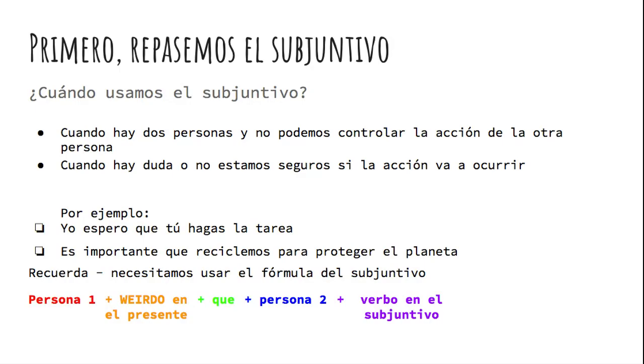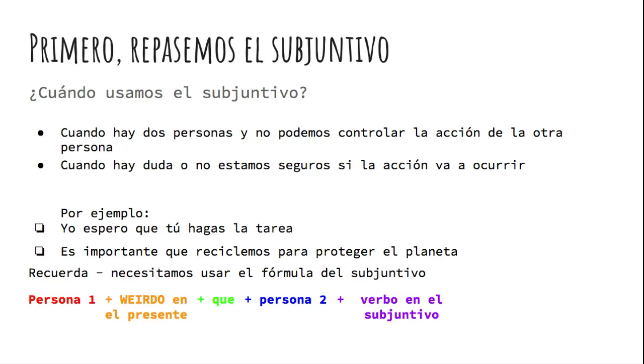Remember that verb in the subjunctive is getting conjugated according to person number two, and any verb can be conjugated into the subjunctive in that second clause. However, we only have a very specific list of verbs that are considered weirdo verbs, and it cannot be any verb that we like. Let's look at the example above and be sure that we are following the same formula